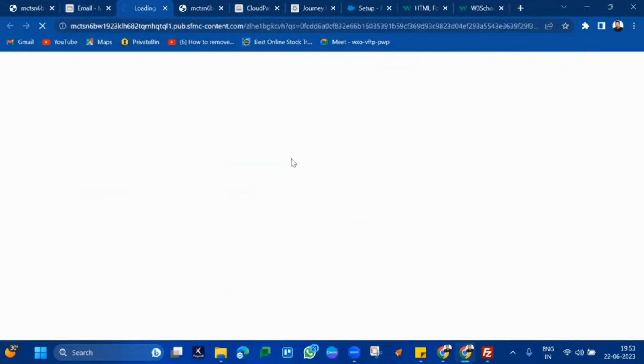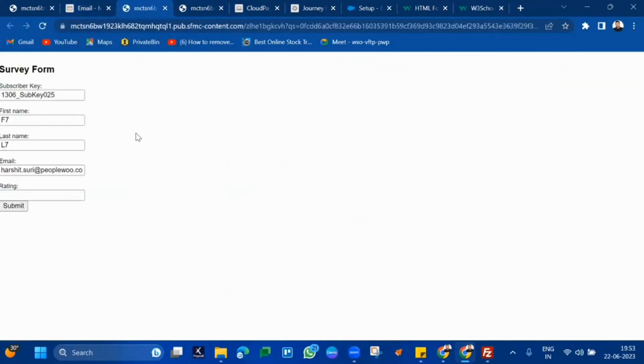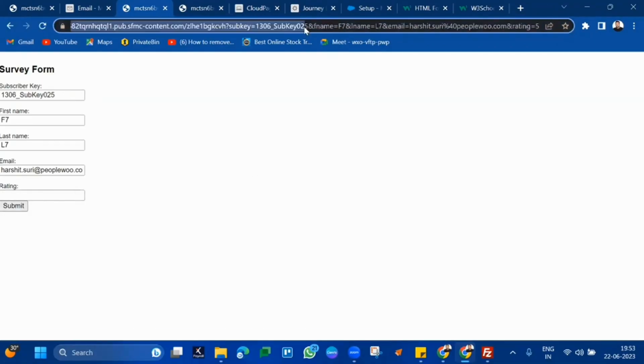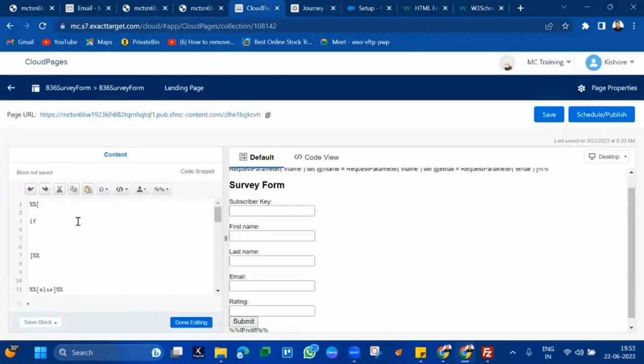You see here, if I open this URL, when the form is not submitted, I am seeing this. But the moment I give the rating and submit the form, this rating will also go and get captured into the URL. Once the rating gets captured into the URL, what you have to do? You have to request that rating as a parameter and send it to the data extension. So we will write here